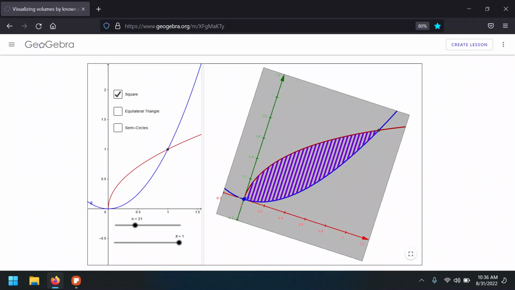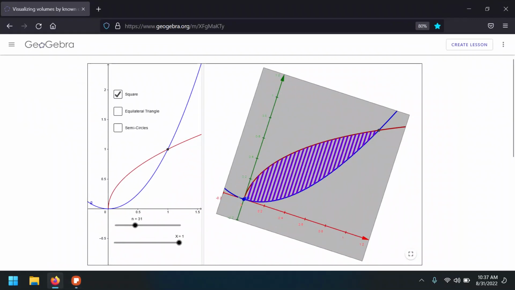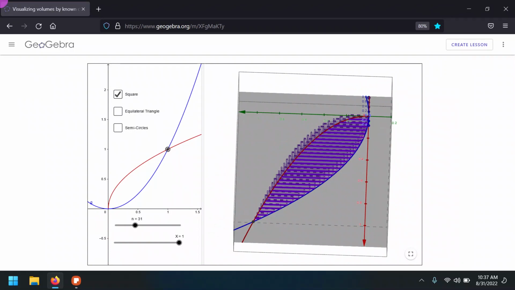And how do we define that volume? Recall that in general the volume is found by multiplying the area times the length. So what we're going to do is add every single area, putting them together, and come up with the volume. In this case, the formula to find the area of a square is only the length of the side squared. But that length of the side, coming back to the picture, wouldn't that be